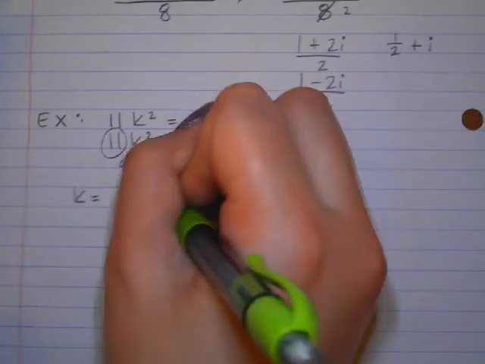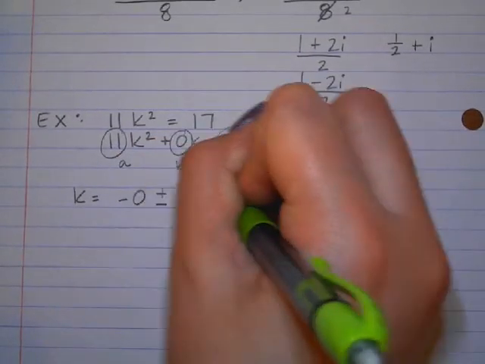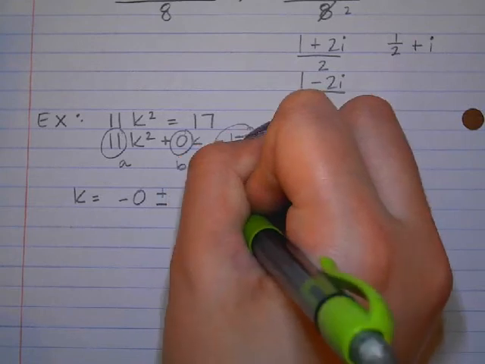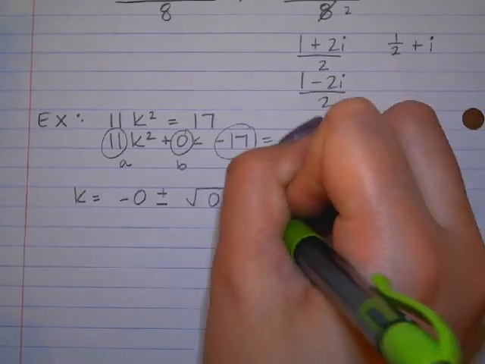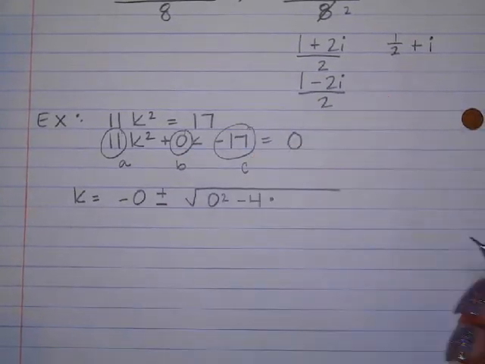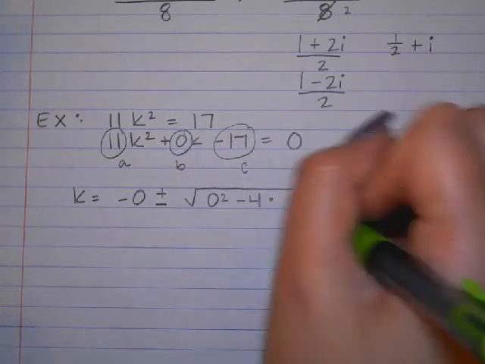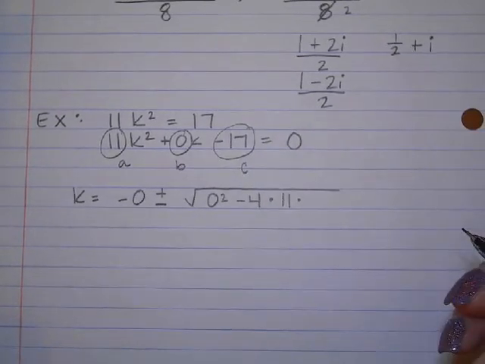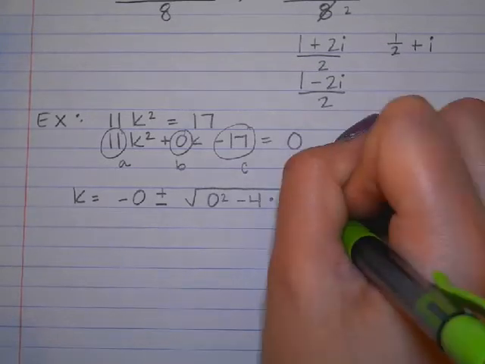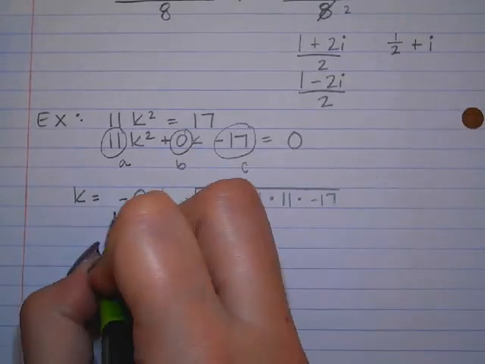Okay. Negative B plus or minus 0 squared, which is 0, minus 4 times 11 times, you're close, negative 17, perfect, divided by